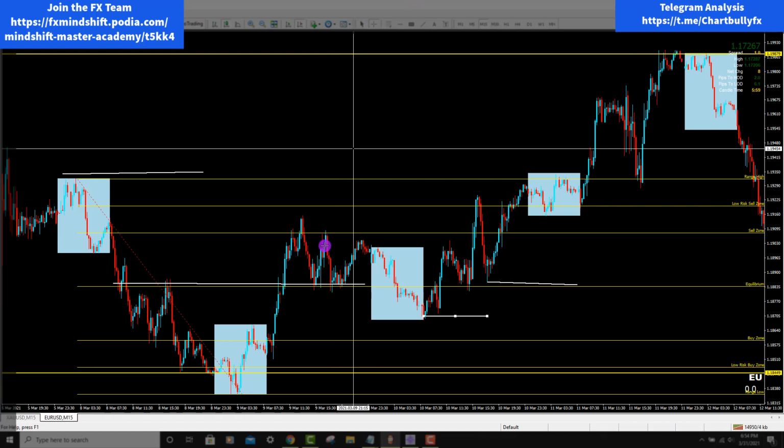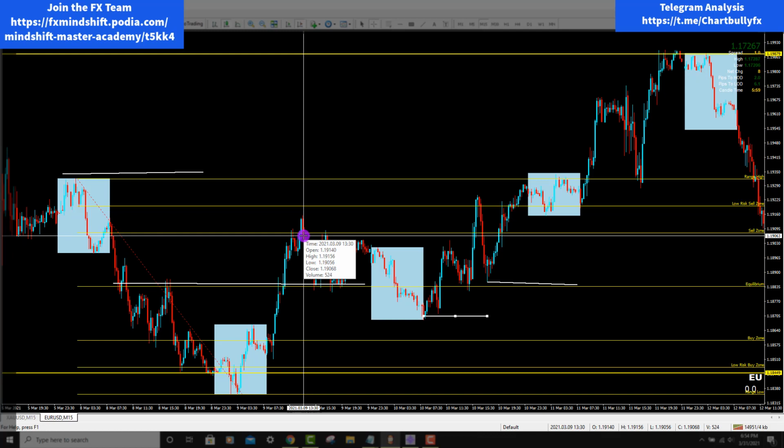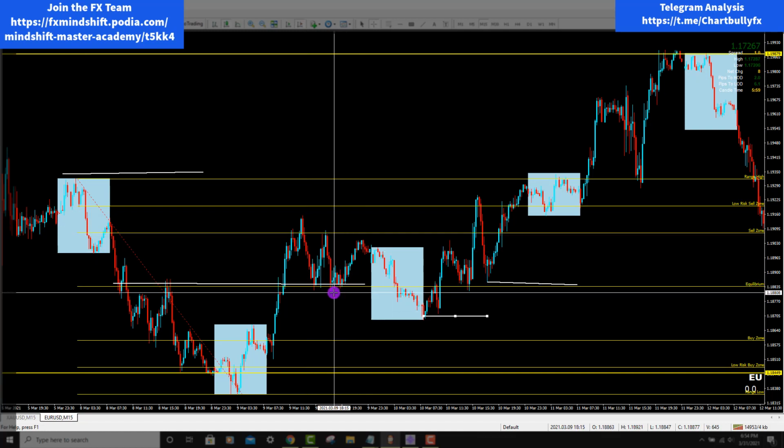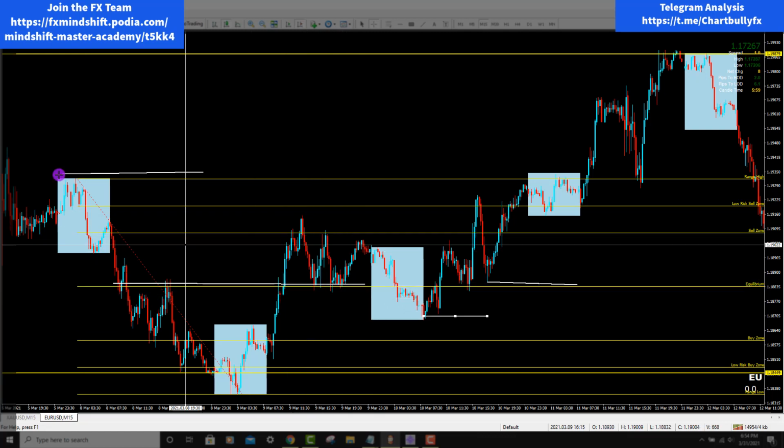So you could have made 50 pips on the day just by using the range, and we did not do any guesswork. We literally just looked at our range, saw it hit a sell zone, equilibrium tagged, and we put our stop loss underneath the structures of where they needed to go. So let's keep moving on, right?